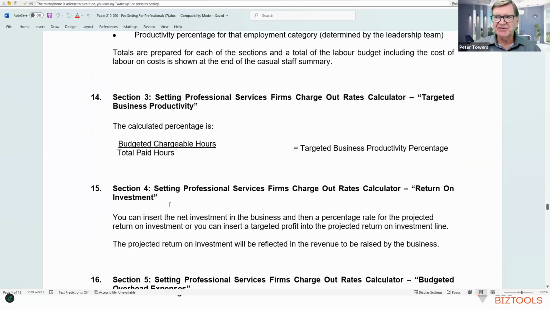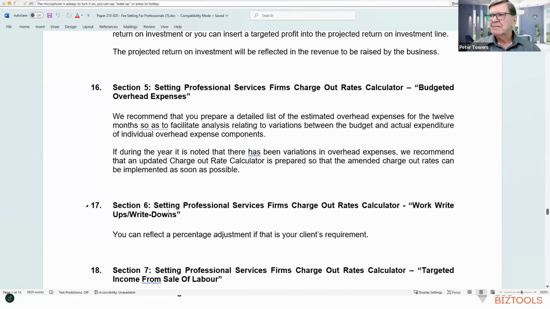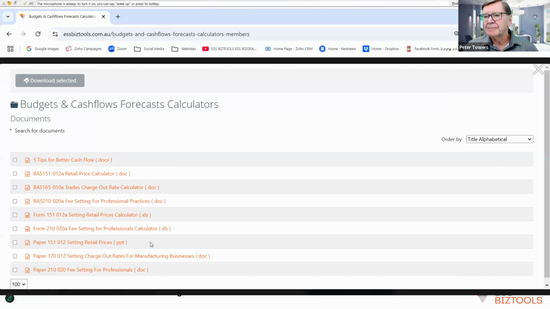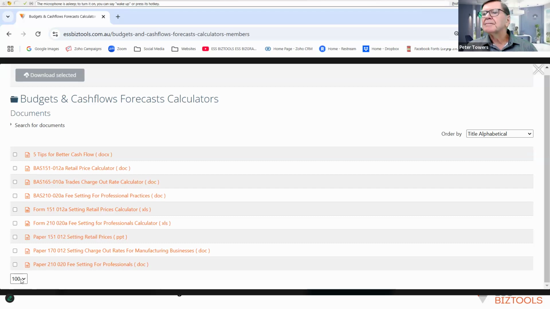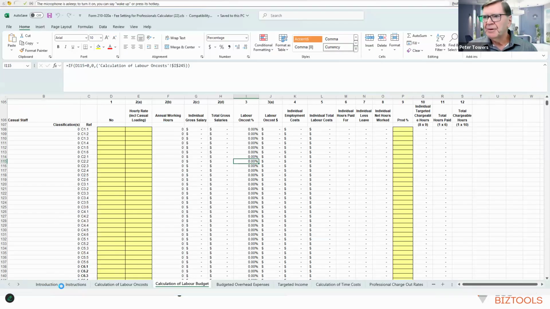So this is showing some of the calculations that are made in the spreadsheets. So I think we've probably looked at that enough, and I just want to go into okay, so the form has come straight up. So we're going to click back on to